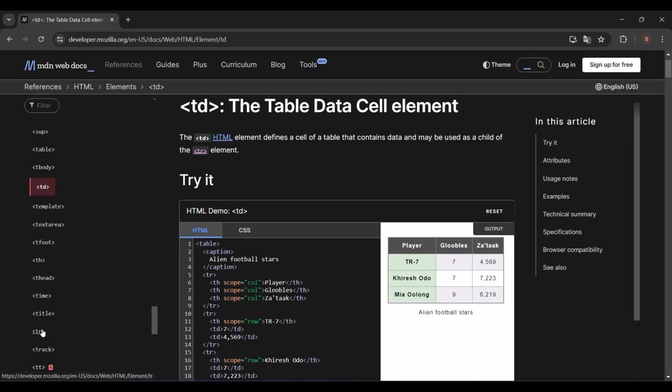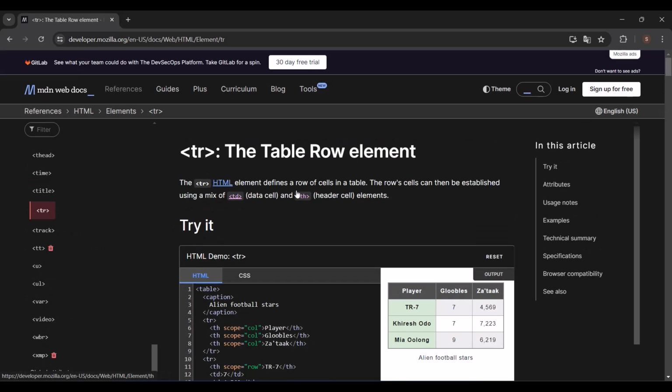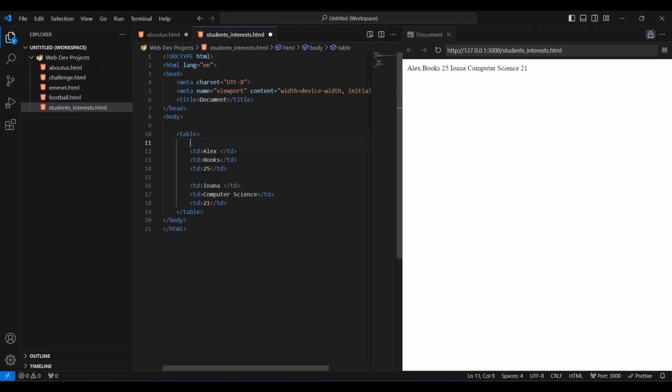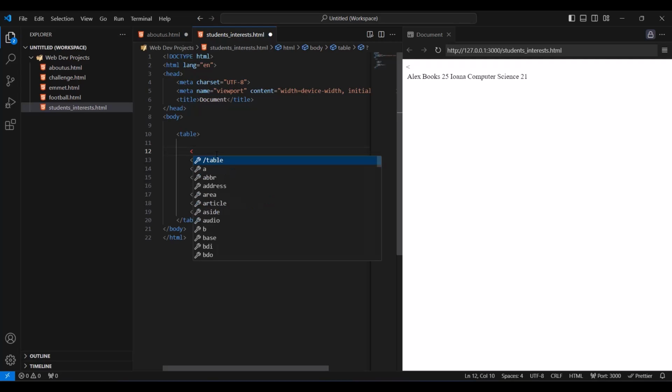Let me see, tr. So tr defines a row of cells in a table. This tr tag is used to group cells to create a row. This is what it is doing. So let's open Visual Studio, and around our cells I'm going to put tr, opening and closing.